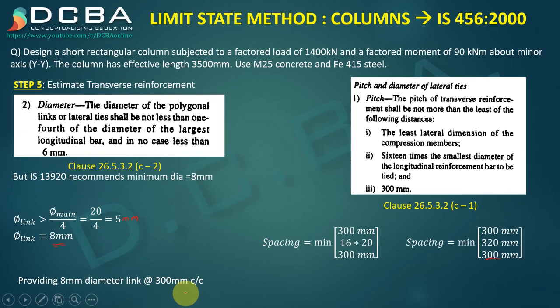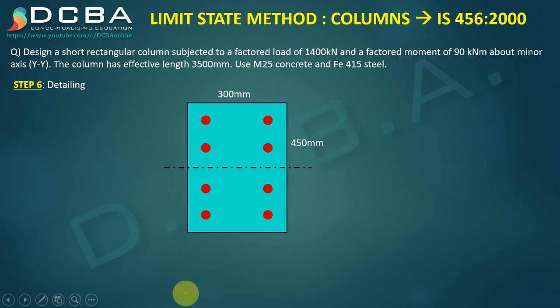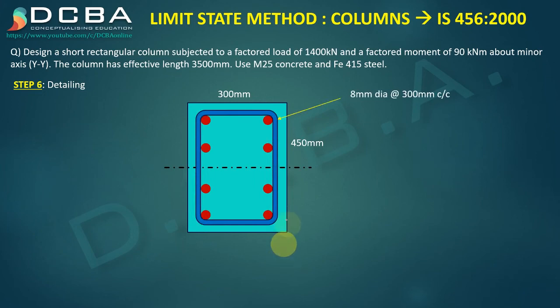Okay, so now we have done everything. We are done with the longitudinal bars, and we are also done with the transverse reinforcement. We just have to now show the detailing. So this is how the column is going to look. There will be 8 mm dia links at 300 mm center to center outside, correct? And these bars are 8 bars of 20 mm dia. So that's it. This is all that you have to do in